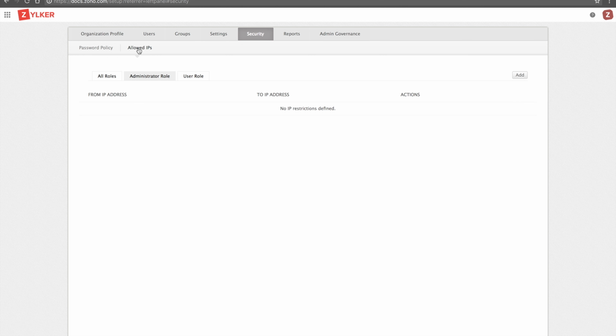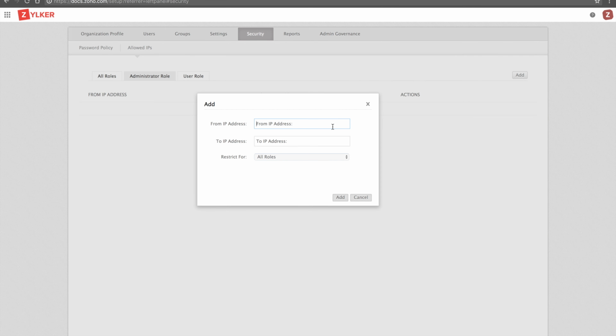The next tab we see here is that of allowed IPs. We see a lot of organizations working remotely, having many offices in different locations. That doesn't mean you put your data and security at stake. So you can still have control over your document management system even though you have offices set up in different locations. All you have to do is add IP ranges of wherever your offices are located and click on add. You also have an option to restrict the IP address or IP ranges for each role that you have.